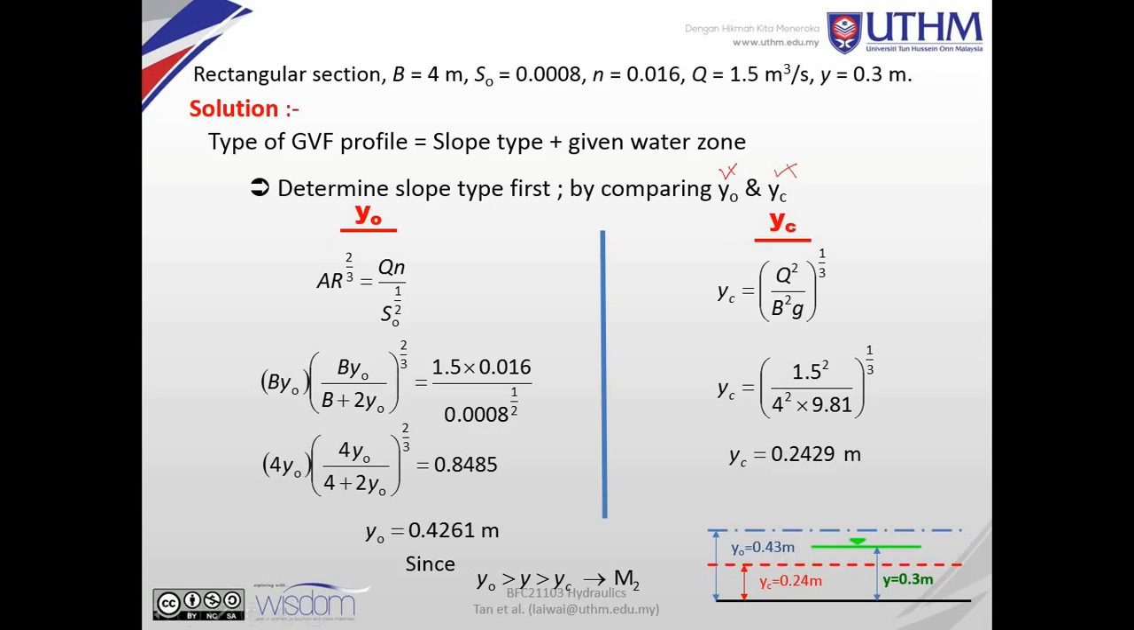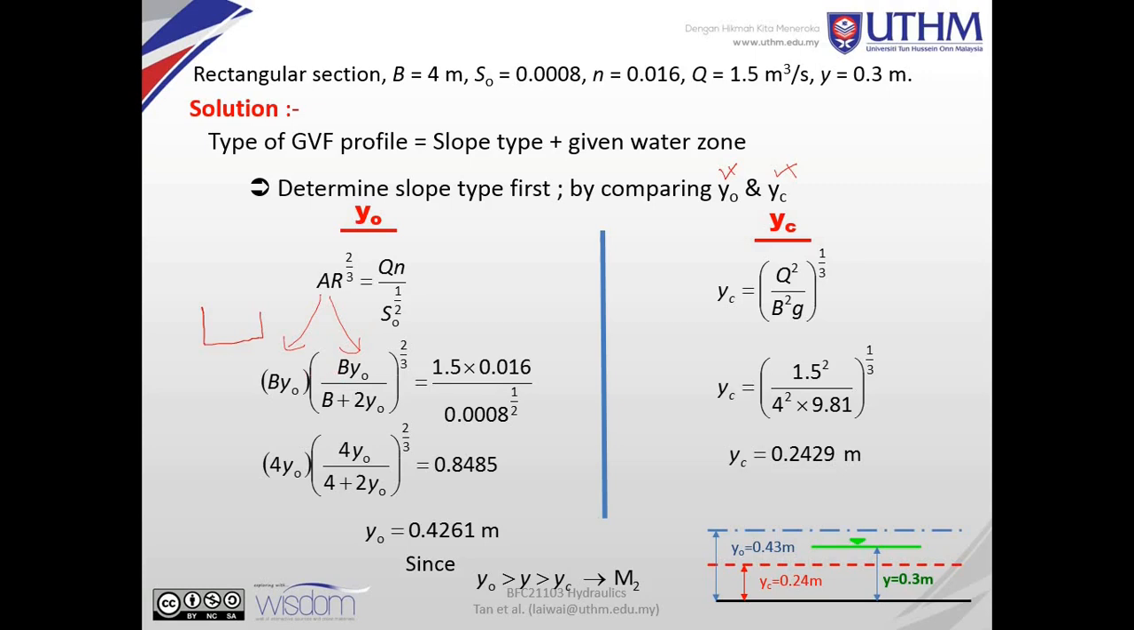So in order to find the y0 value, we need to apply Manning's equation using the trial and error method. So we have A R to the power of 2/3 equal to Q times n divided by square root S0. At the left side here we need to expand the formula for A and R according to the shape of the channel. Now the shape of the channel is rectangular, so use the rectangular formula for A. R is A over P. So we need to use P and A